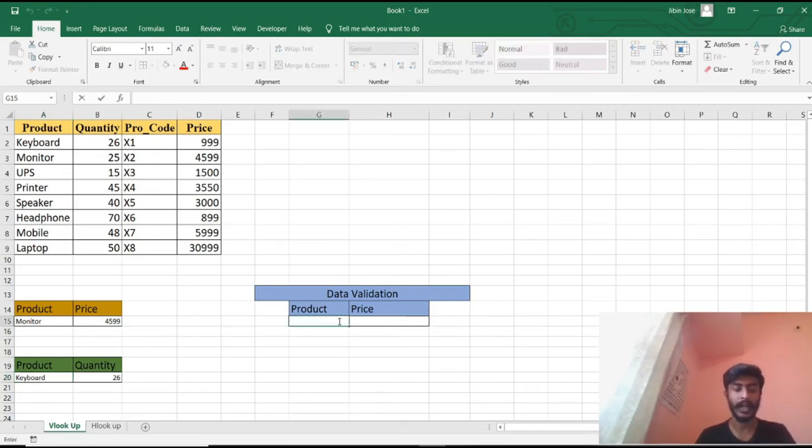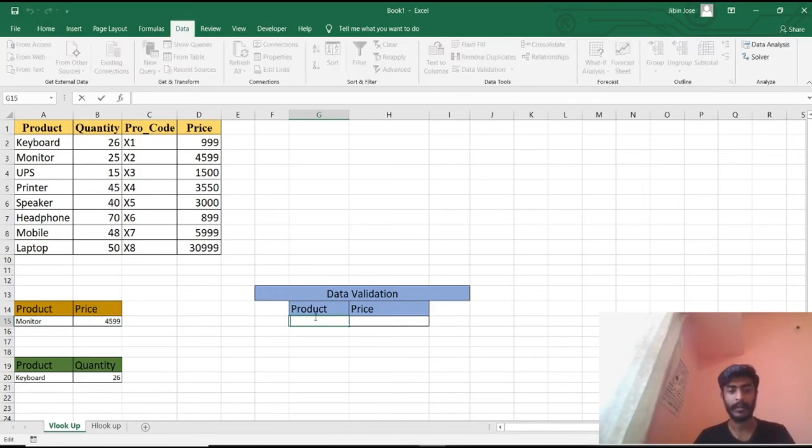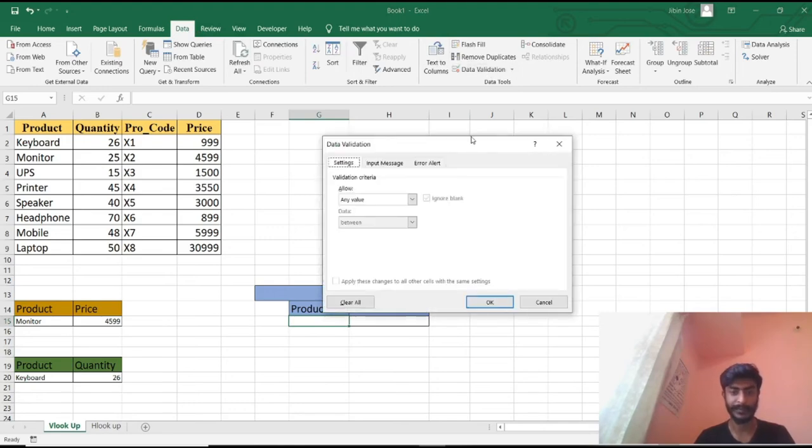On the other hand, rather than typing the product, if there is a set list that is given, and by choosing from it, it gives you an answer, that can be done by using data validation. So in your Excel sheet, you have to go to the data option, and by clicking on a cell and the data option, you have an option called data validation.